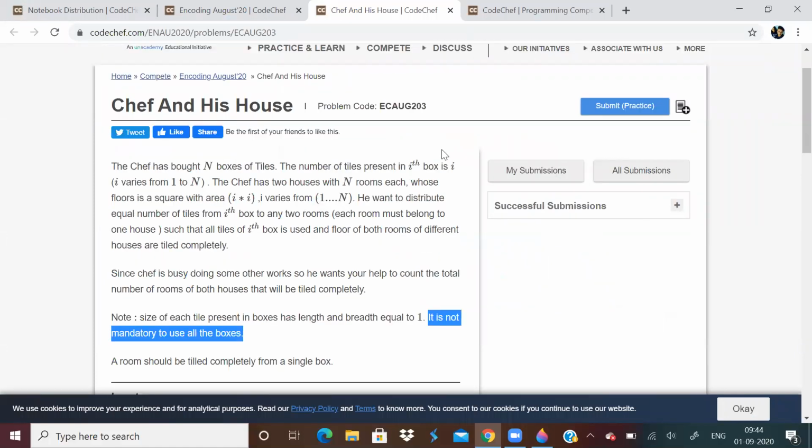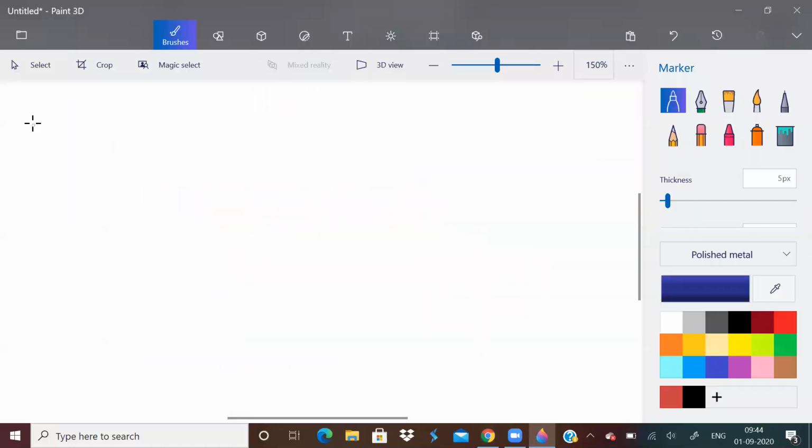So the tiles in the 16 boxes will be 1, 2, 3, 4, and so on up to 16. So every box has a corresponding number of tiles.